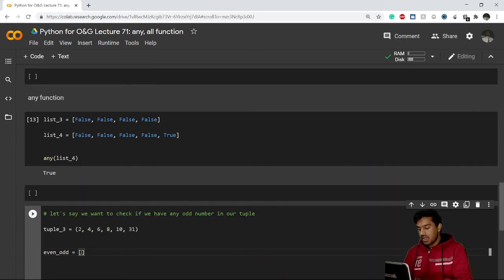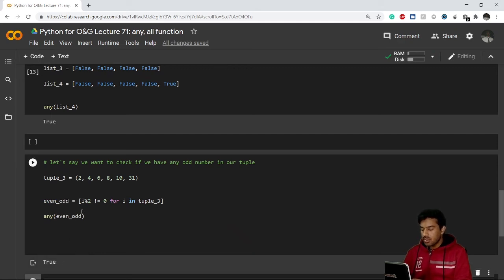So what I'll do is i when divided by 2, meaning the remainder should not be 0. That will be the odd condition. So this is my logical condition, for i in tuple_3. And now if I check any of even_odd,